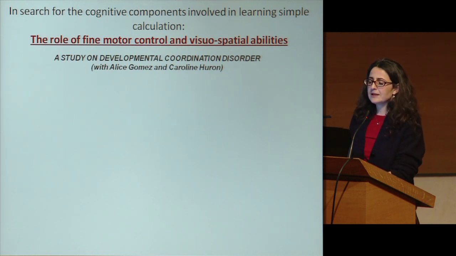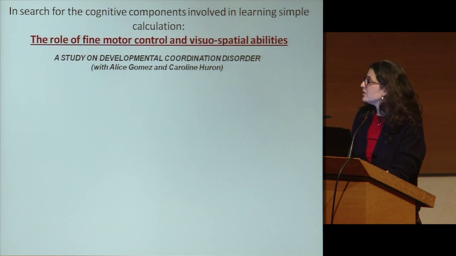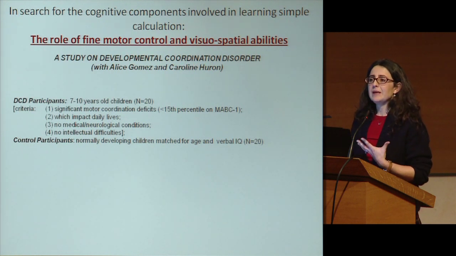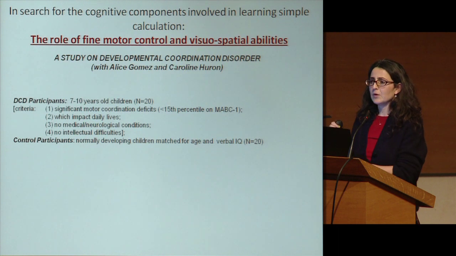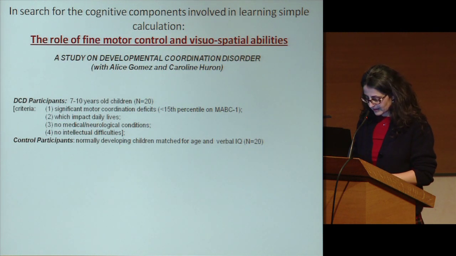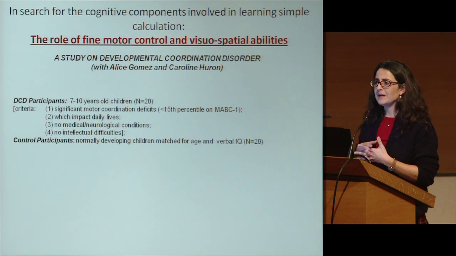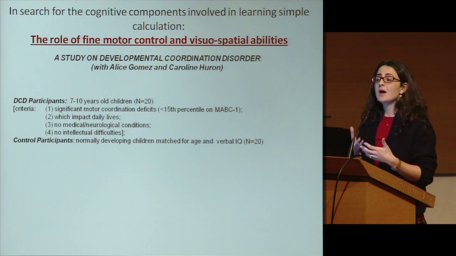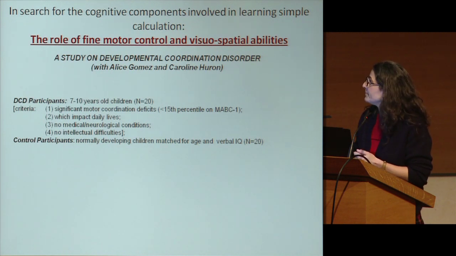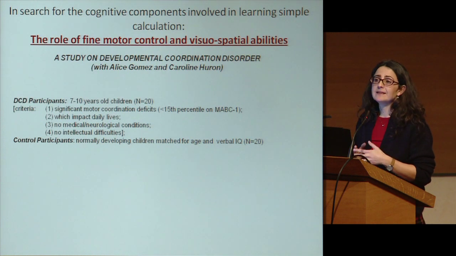So we studied developmental coordination disorder, which is sometimes called dyspraxia, because these are children with otherwise normal cognitive skills and normal intelligence who have deeply impaired ability to perform fine motor coordination tasks and visual motor coordination tasks. These are children that are described as clumsy, that have very big problems at school because they are dysgraphic. Sometimes they also develop reading disorders. And there is no study that investigates thoroughly numerical competencies in these children.